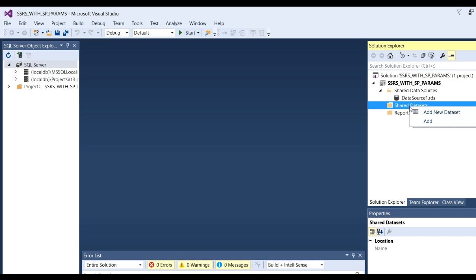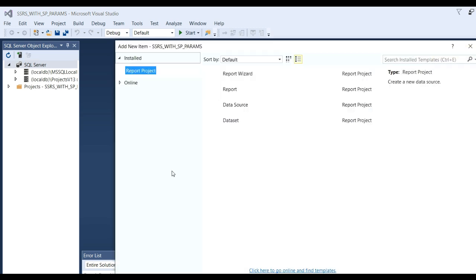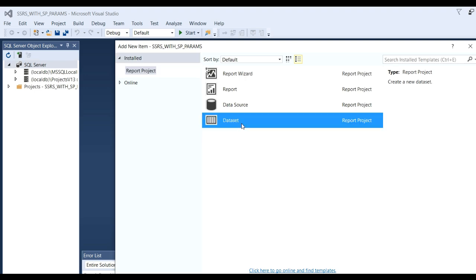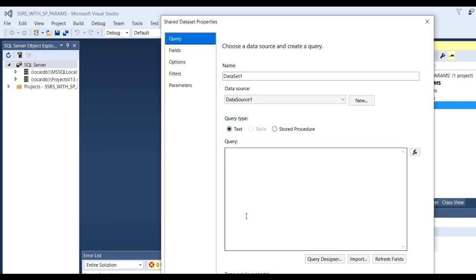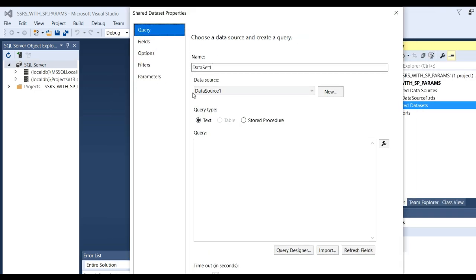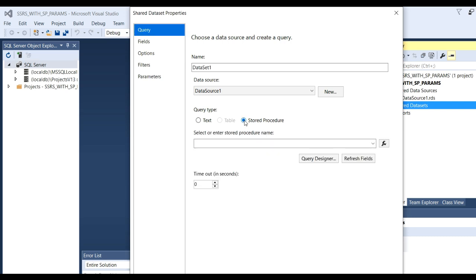So right click, add new item, then datasets, click on add. So here my dataset name is DataSet1. You can change the dataset name. I am using stored procedures here, so check stored procedure and the stored procedure will be displayed, like sv_get_emp_details, and we need to go